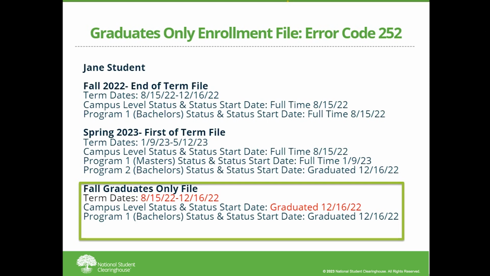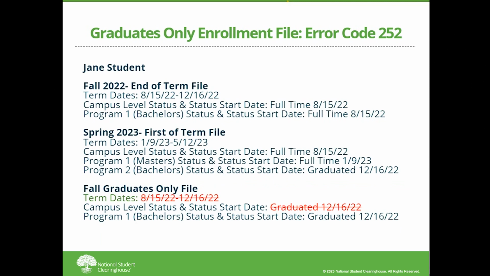Even though the bachelor program was reported as graduated on the spring first of term file, Jane is pulled in on the grad-only file. This in itself is not an issue, and you are more than welcome to report a graduated status more than once. However, when this data was pulled, the term dates for fall and a campus level graduated status were pulled onto the grad file instead of the spring active status and term dates. This would generate the error 252 on the graduate-only file error report because Jane was already reported with her new